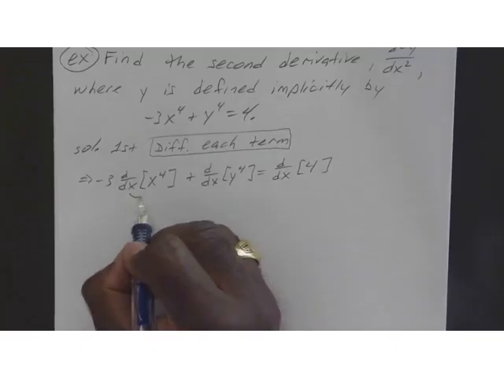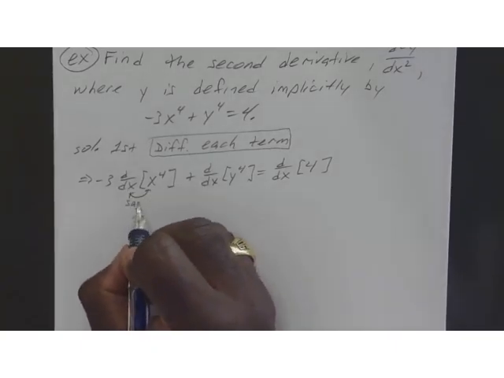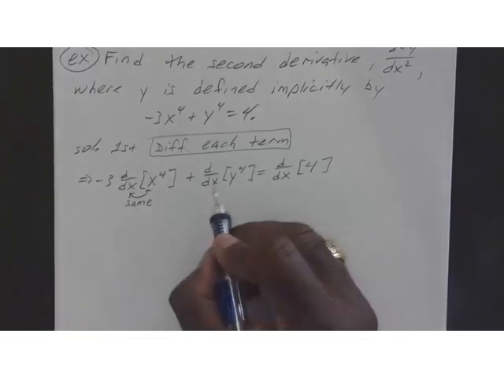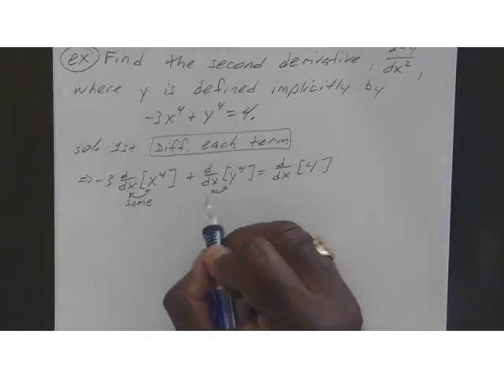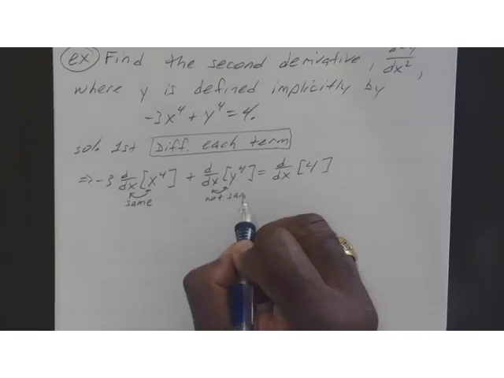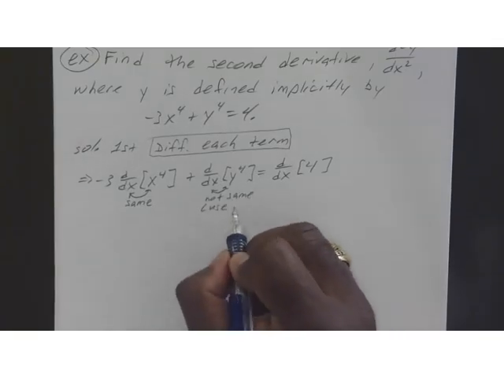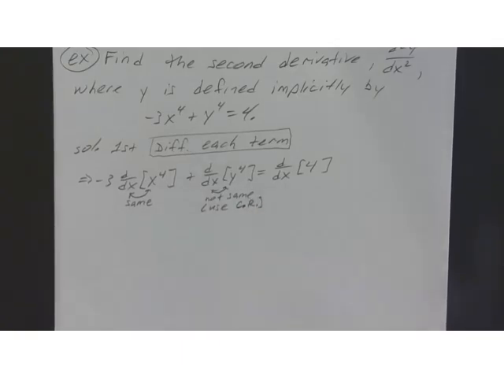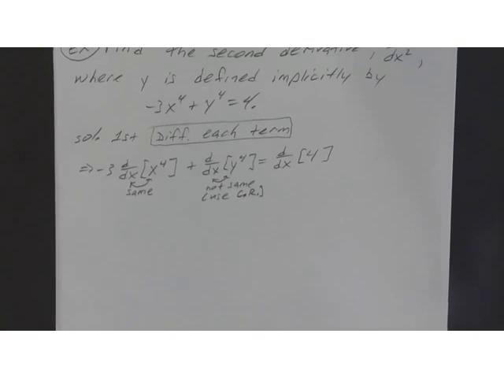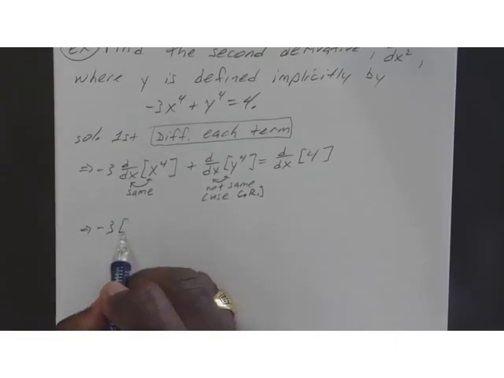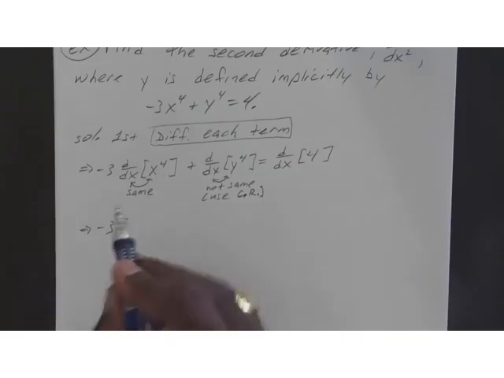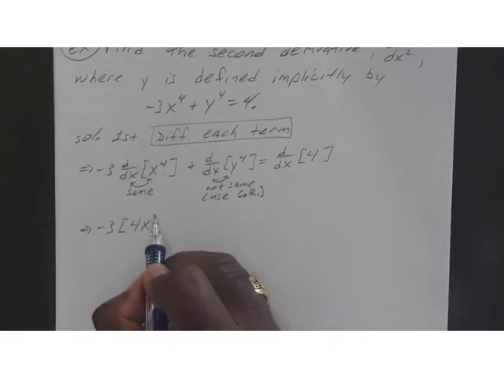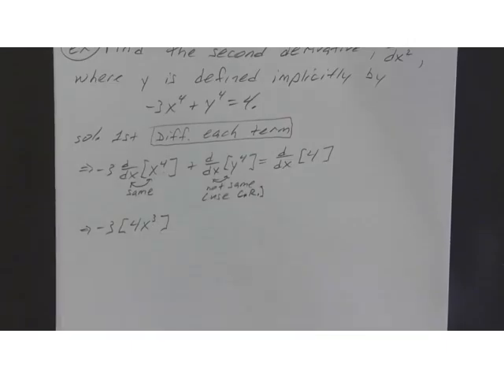Okay, so again, we can see here these two, the same independent variables, so we differentiate those like we normally would. These are not the same, so we know we're going to use the chain rule. And that's derivative of a constant, that's just going to disappear. So we know this one's going to be negative 3 times the derivative of x to the fourth power, which is 4x to the 4 minus 1 power, which is to the third,